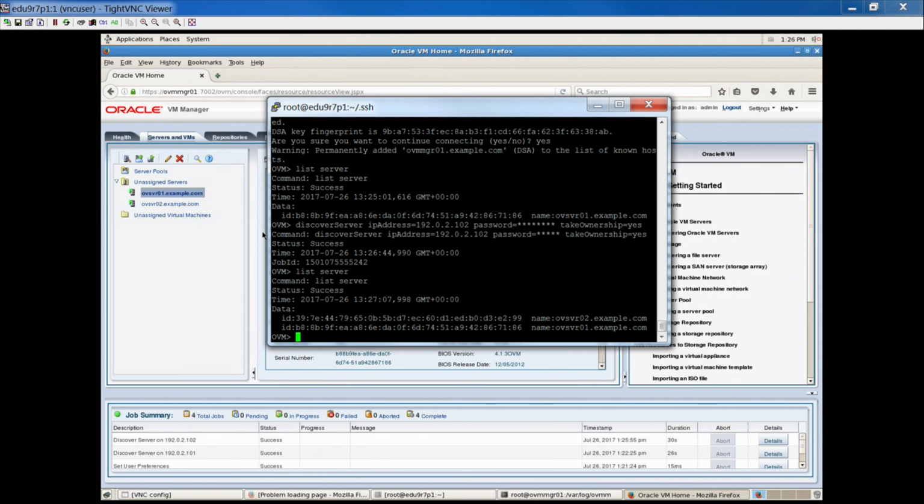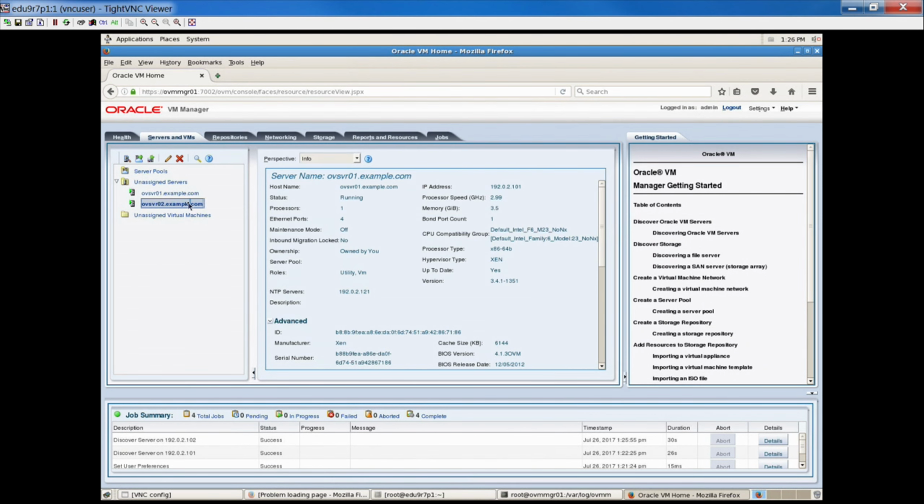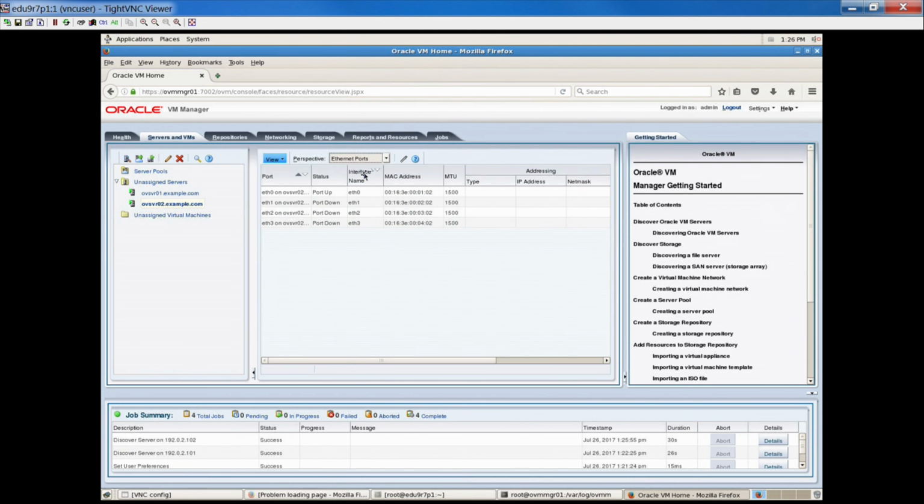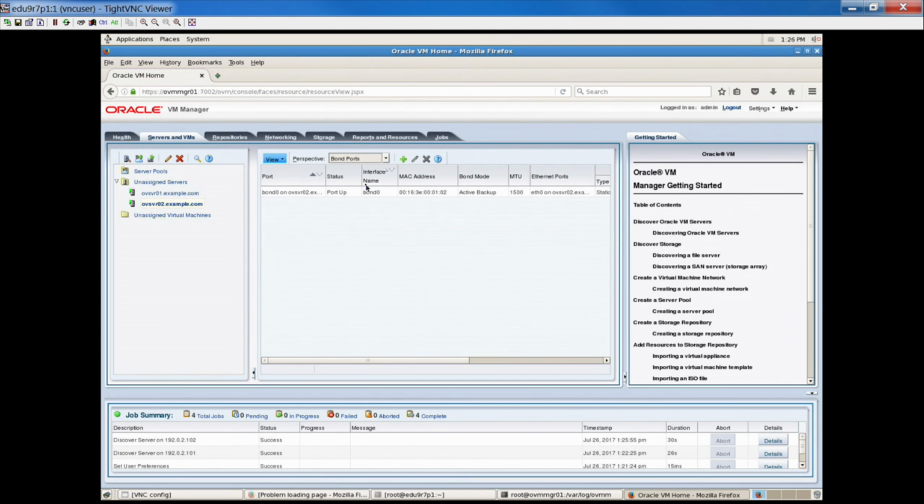Now we have two lines, okay? OVS VR02, OVS VR01. Two servers there. And then if you do exactly the same things as we have done so far, you see that the server is owned by you with the interface. You can see other capabilities, such as the number of Ethernet ports. One port has been created for the first interface, to be able to, let's say, communicate with the server. And then the same thing,